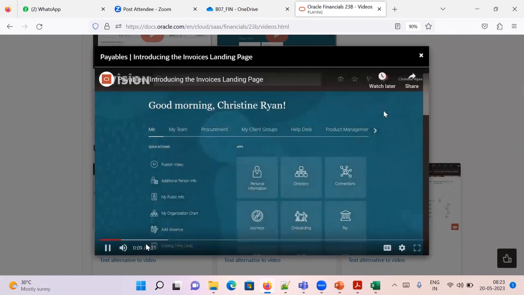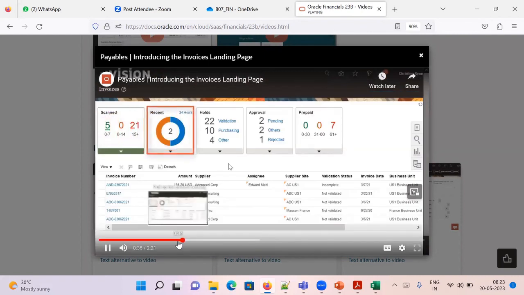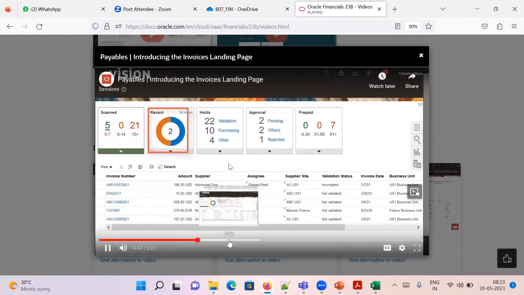What's this landing page? Manager paperwork. Signed in as an account payable manager. The recent info tile shows me how many invoices I updated or created within the last 7 days. This red slice shows